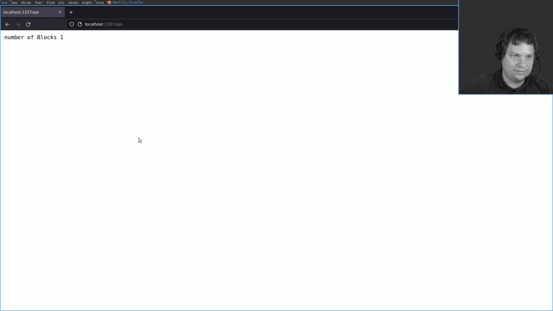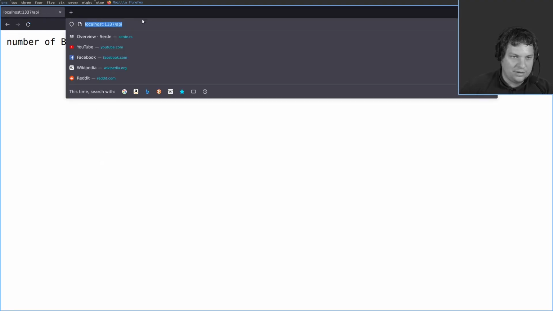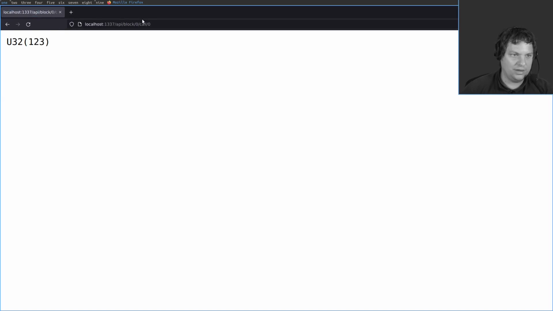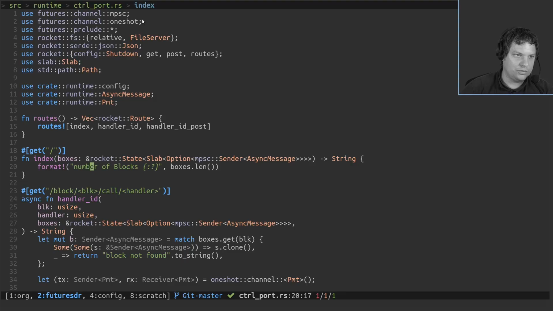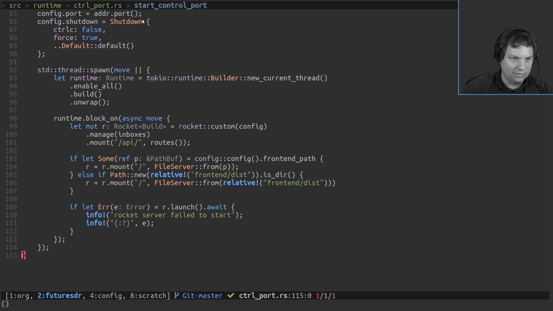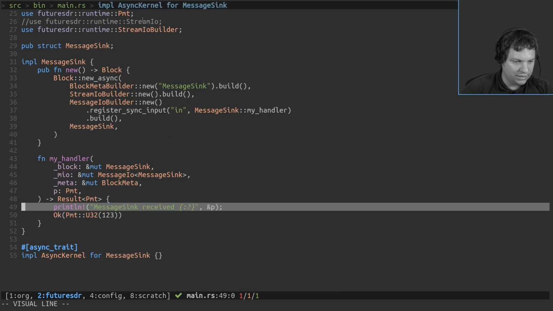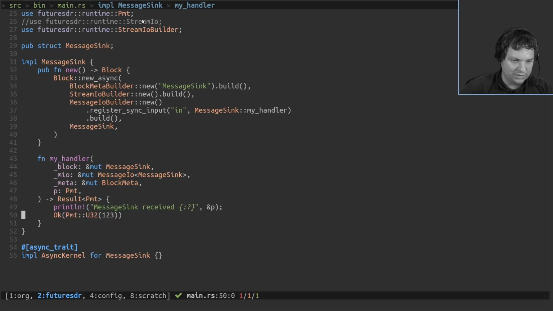And what was the other block? Block 0, callback 0. Oh yeah, now we get a U32 123, and this is exactly what our block is generating when the handler is called. So in this case, we just gave it a dummy value. And we see the reply.